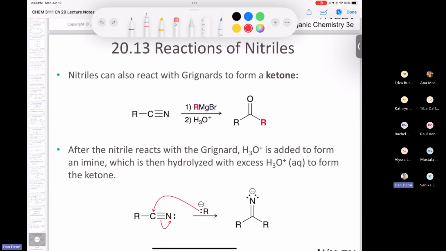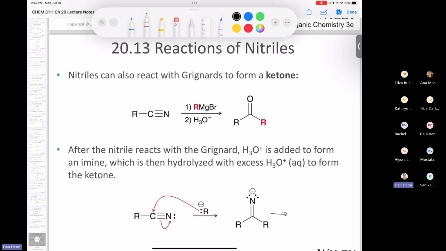So what else can you do with a nitrile? Well, a nitrile is susceptible to nucleophilic attack, and so we can treat it with a Grignard to give us a ketone. So check this out. In the first step, your Grignard attacks, okay, and you end up with this anion here. But then what happens is the anion gets treated with